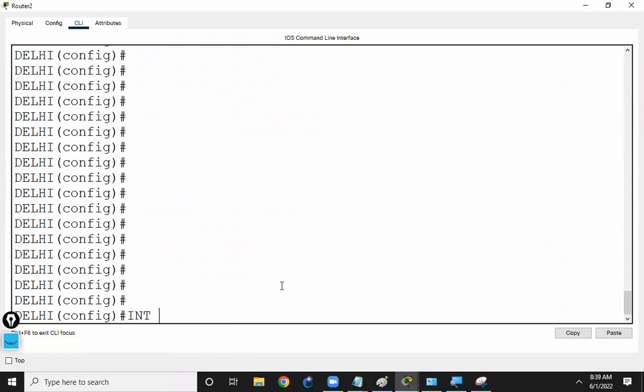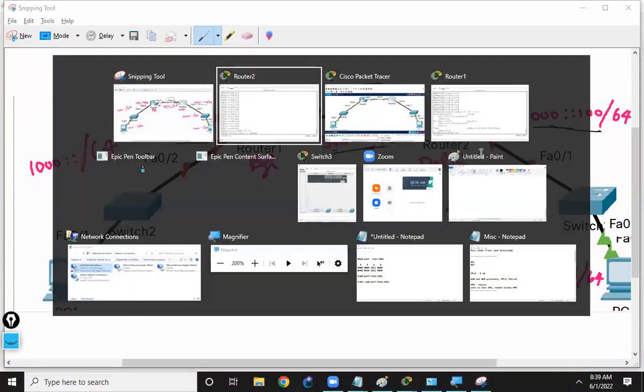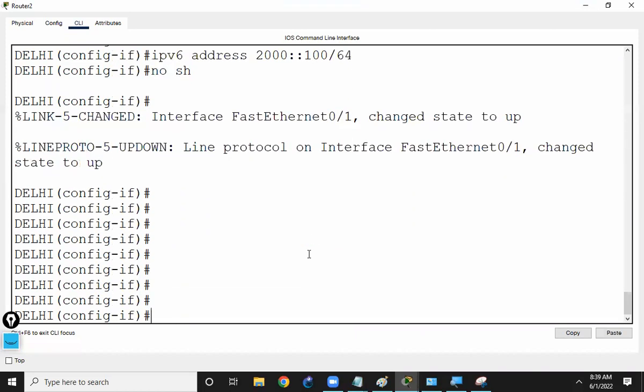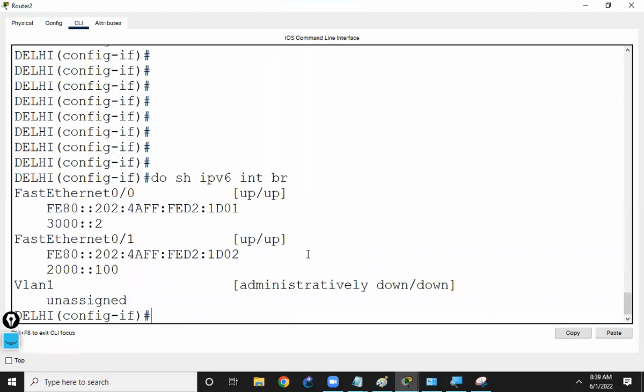Then we'll go to interface FastEthernet 0/1. I'll give the IPv6 address, and that address is 2000::100/64, and no shut. Again, do show ipv6 interface brief. You can see both the interfaces are up/up, and both have been configured with the respective IP addresses. Clear? Now if you want to do the routing,